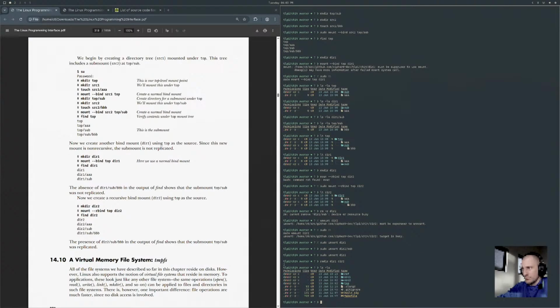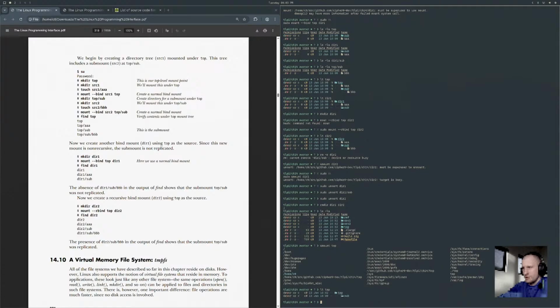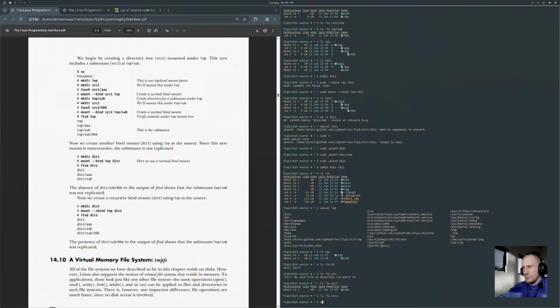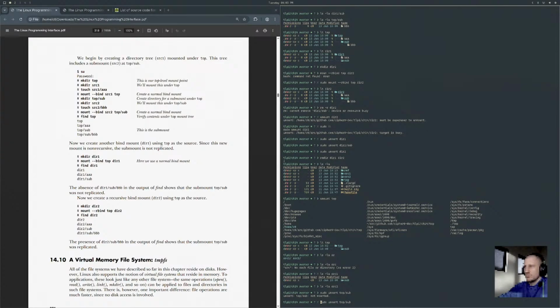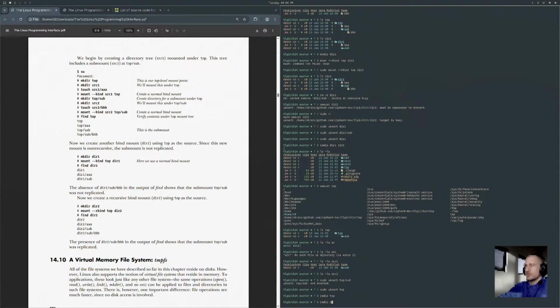And then over here, I'm gonna mount top, ls -lR top, sudo umount top/sub, just top, rmdir top, rmdir source1 and source2.